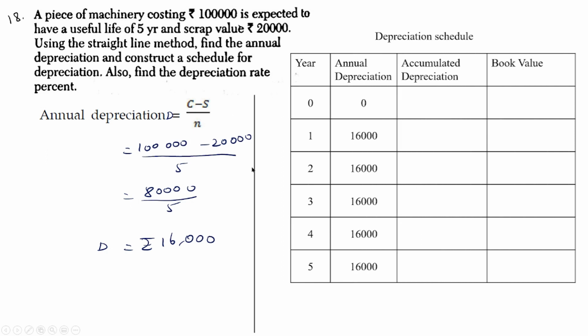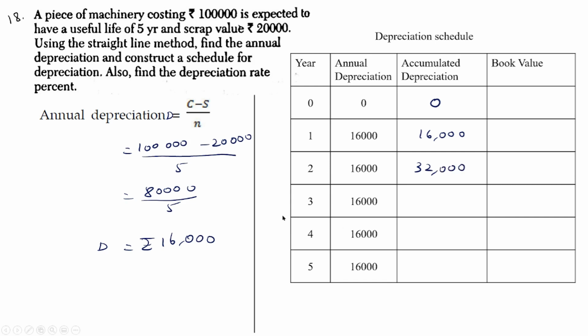To construct a depreciation schedule, let us draw a table like this with year, annual depreciation, accumulated depreciation, and book value of the asset. Year 0 means it is at the beginning, annual depreciation is 0, accumulated depreciation will also be 0. At the end of year 1, we have to add these two. It is 16,000 plus 0, 16,000. Then at the end of year 2, the accumulated depreciation will be 16,000 plus the next year's depreciation. It is